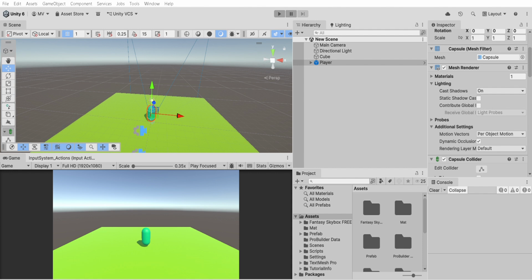After you log in to Unity, this is how Unity Hub will look. Here I have a few projects. In the beginning of game development in Unity, you won't find any projects here,